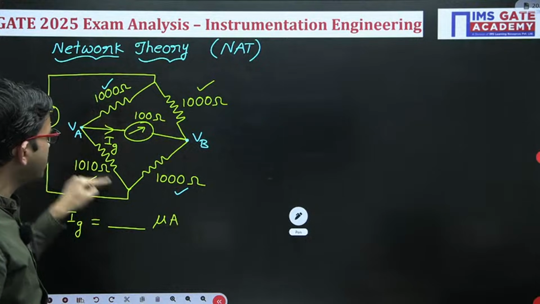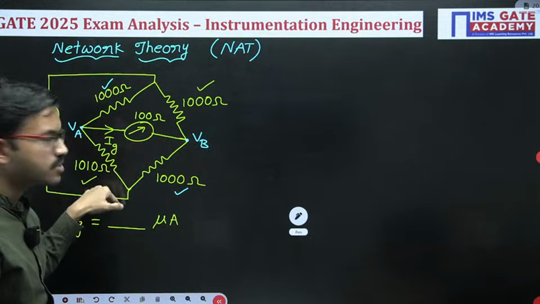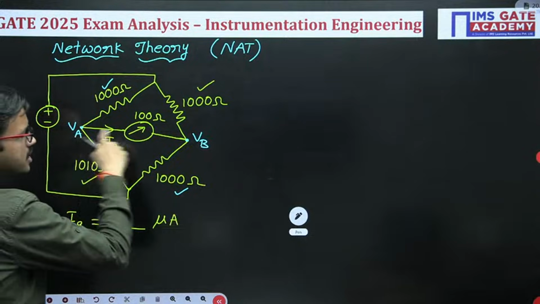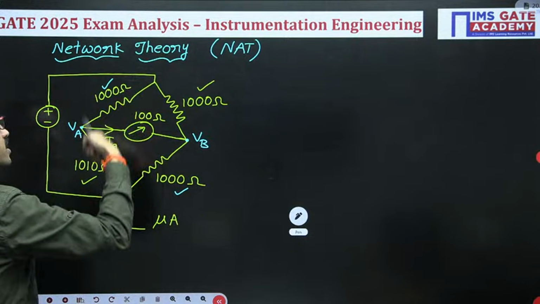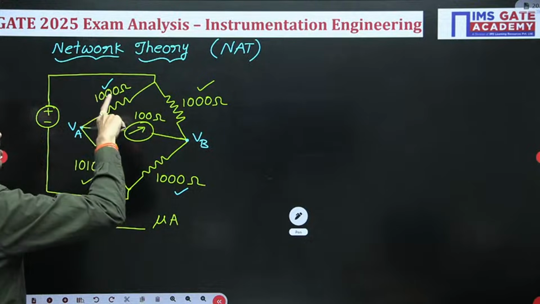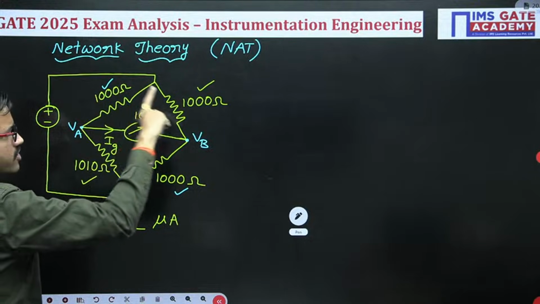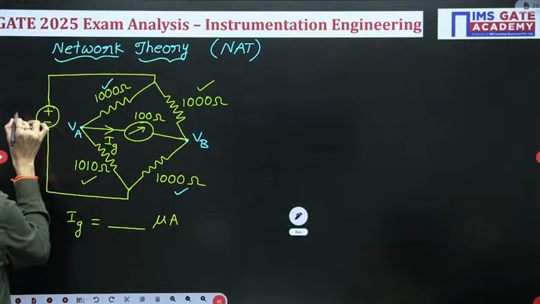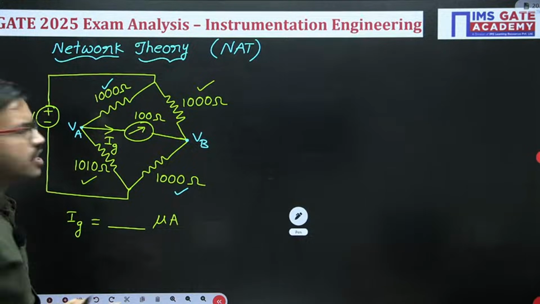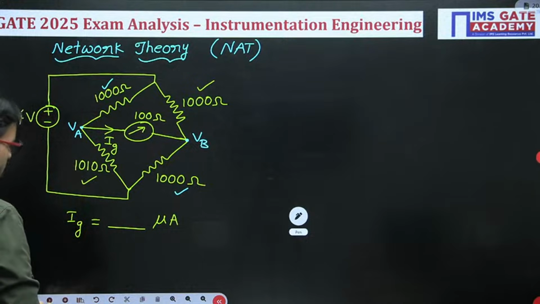So this node voltage with respect to ground is VA, this node voltage with respect to ground is VB. Just apply the voltage division rule, because in this particular branch current is not flowing. In these two resistors, same current, and in these two resistors, same current. Here in this question they have given a 4 volt supply, so now you can apply the voltage division rule. Accordingly you are getting